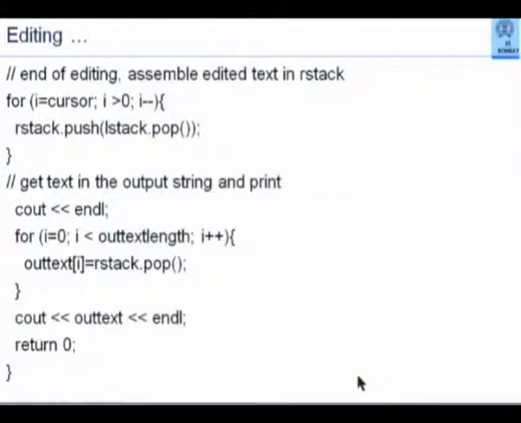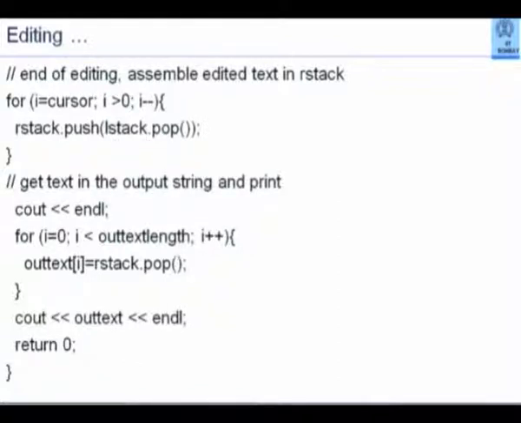I have finished editing, but notice that at the end of finishing editing, some of my text will be in the left stack, some of my text will be in the right stack. I have to reassemble the text, which means effectively I have to move cursor to 0. So for i equal to cursor, i greater than 0, i minus minus, I pop from the left stack and push onto the right stack.